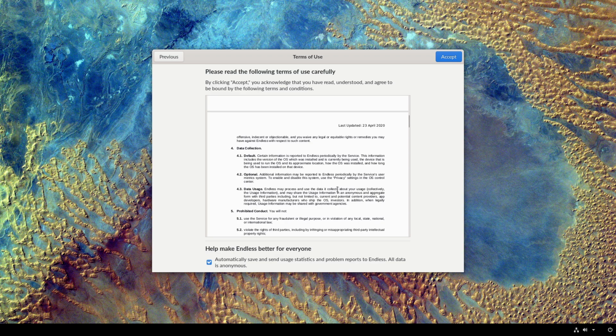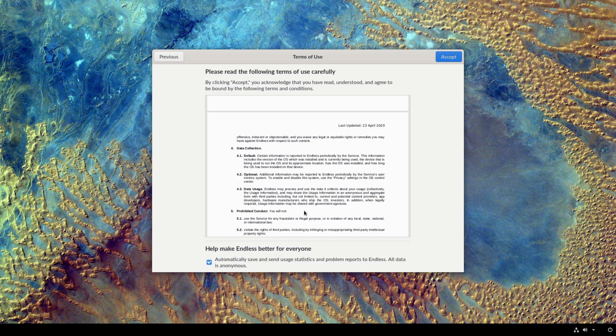Additional information can be reported periodically to the servers for user metrics. To enable or disable the system, use the privacy settings in the OS Control Center. I'm going to see if that is turned on by default or not. I don't know. Data usage, it may process and use any data that it collects. Of course, they're saying it's anonymous, and we all believe that.